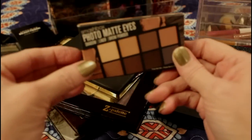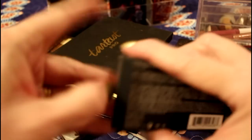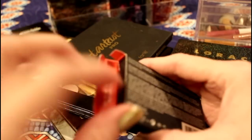I have this neat little Smashbox palette. I'm getting really tired. I'm going to be editing this down quite a bit, so